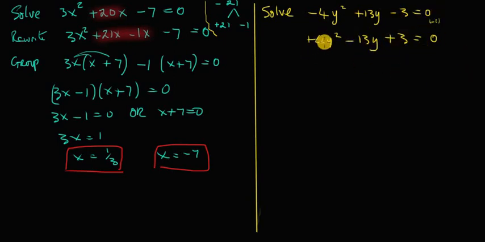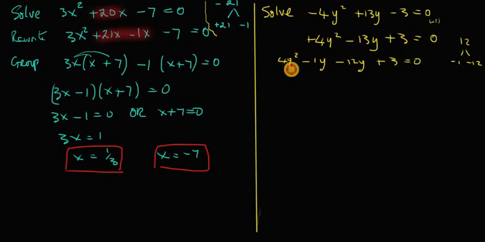Now we continue as we did before. So we're going to get 4 multiplied by 3 is 12. We get the factors of 12 that are going to add up to minus 13. Interestingly, it's going to be minus 1 and minus 12. Those numbers multiply to give me plus 12 and they add up to give me minus 13. So I'm going to rewrite now 4y squared minus, now I have a choice. I can write minus 1y. I could have written minus 12y, minus 1y, and then I'm going to rewrite minus 12y now plus 3